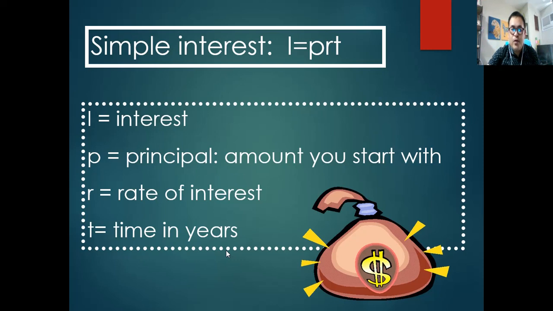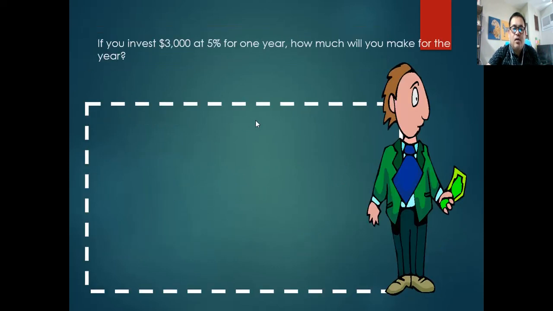Let's review simple interest. Simple interest is equal to principal times rate times time. So I is equal to PRT. Principal is the amount you start with, rate is the rate of interest, and time is the time in years. Okay? So, say for example, if you invest $3,000 at 5% for 1 year, how much will you make